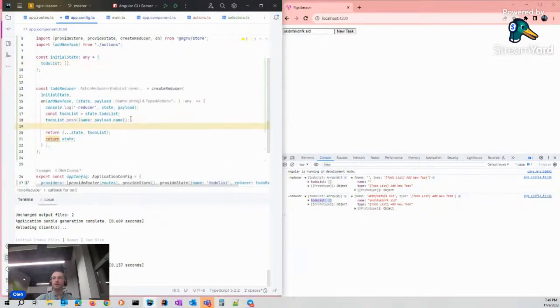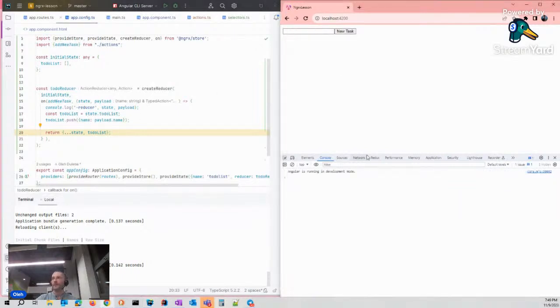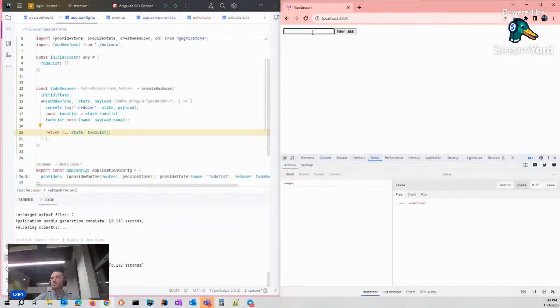We will save this object as one item of our to-do list. But I haven't created a copy of this list, and let's see what happened. Save it and see what happened.